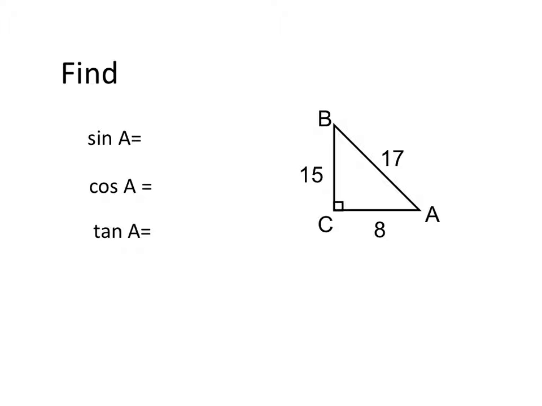For a little warm-up, let's recall sine, cosine, and tangent of angles. So here if I look at the sine of angle A, what would be the two sides that measure up with sine A? Well, if you remember, we have SOH, CAH, TOA. So for sine, this would be opposite over hypotenuse,